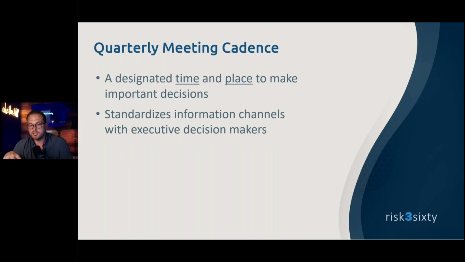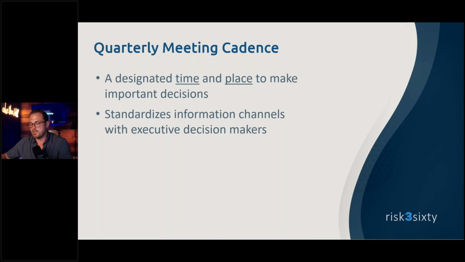Once you have an IRC set, that's when you need to start thinking about the cadence of accountability. So what I often recommend for an information risk council is a quarterly meeting basis. I've also seen a monthly meeting cadence be pretty effective. You want to create a designated time and space for those people to think about risk. So you're probably doing a lot of prep work. You're probably preparing an agenda, a slide deck. You're shortlisting the items that that team needs to make decisions on. But the bottom line is, whether it's quarterly or monthly, you're creating that place for them to make those decisions,